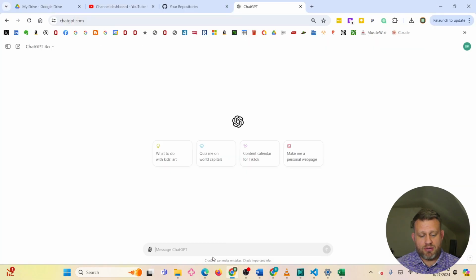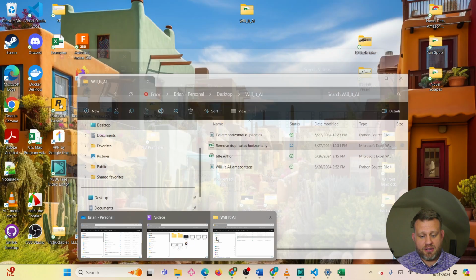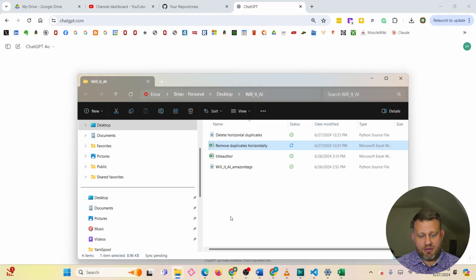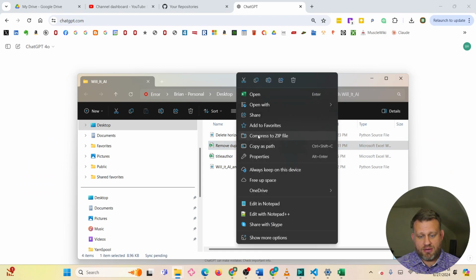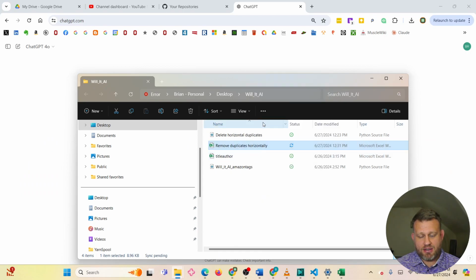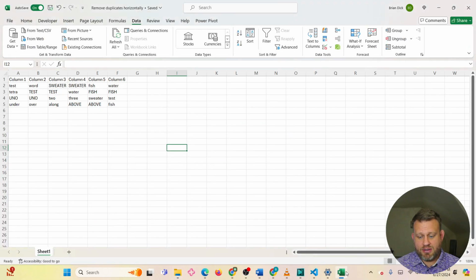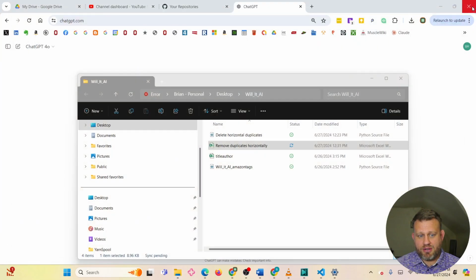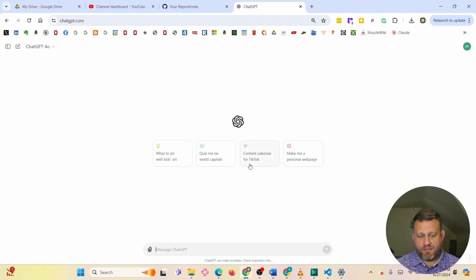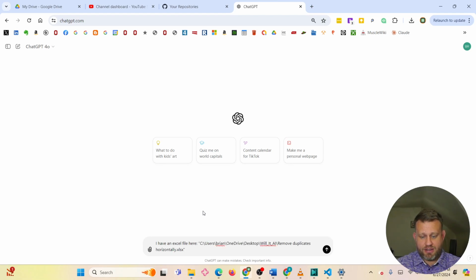So first I'm going to find where the file is, remove duplicates horizontally, and I'm going to copy as path because I'm going to reference it in my prompt, and then I'm going to close this so when I run the code it will actually run it. Now I'm going to say I have an Excel file here and tell it where it is, and the data in the worksheet has duplicates